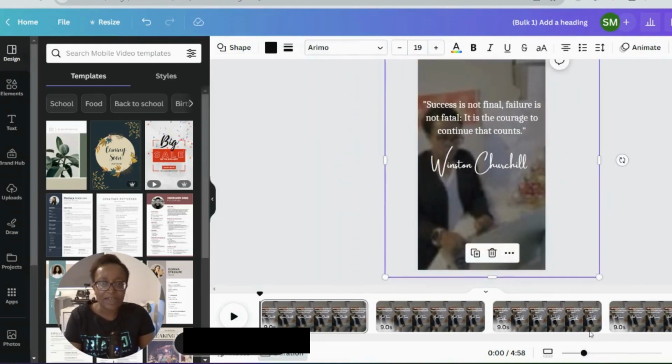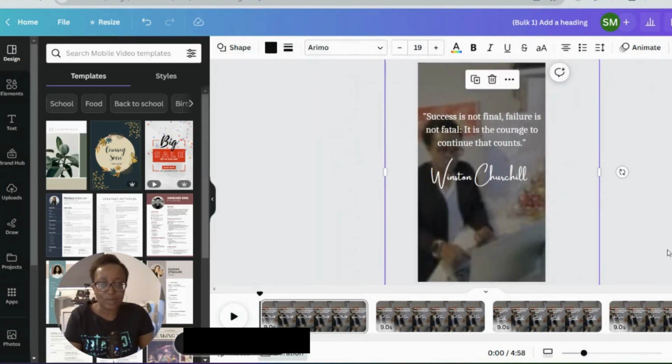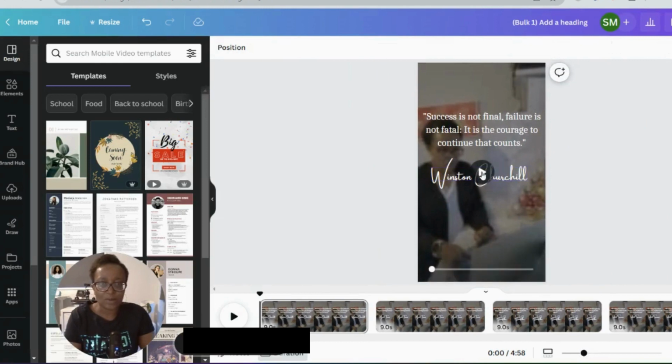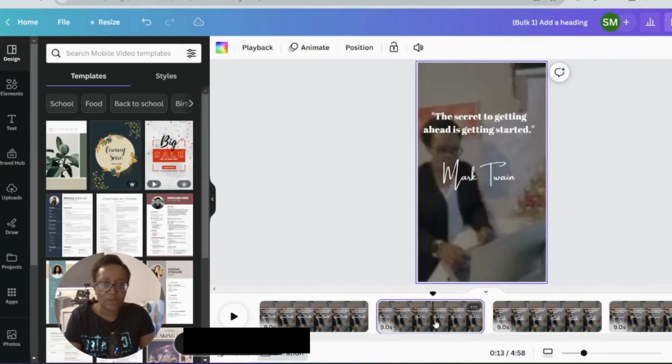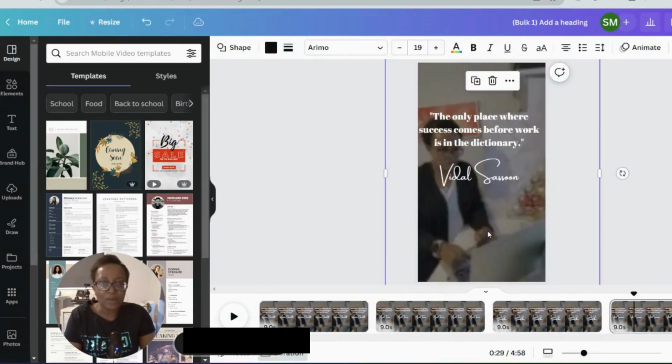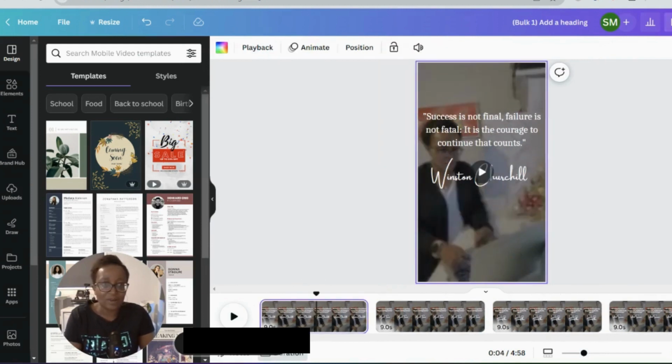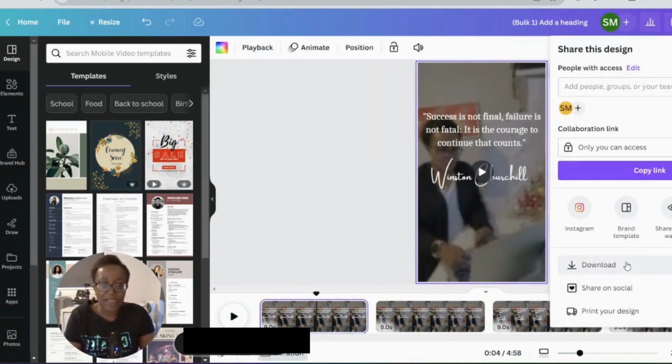So you're generating a short video that you can use on TikTok or YouTube, and it just plays in the background while the quote is showing. So you'll find you've got all the different quotes that you've brought through. And if you didn't like the video in the background, you can always switch that around, whatever, and then you'll go to share, you download that, and then you put it on your computer, and you can bring it into TikTok, into the drafts, and then add the popular music, the trend